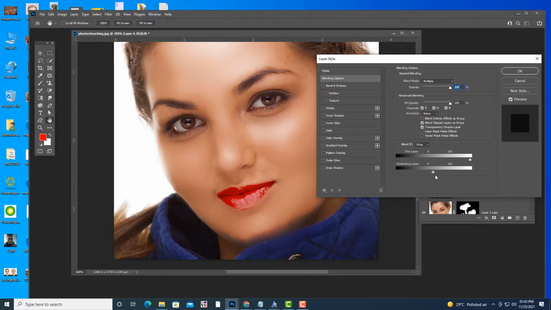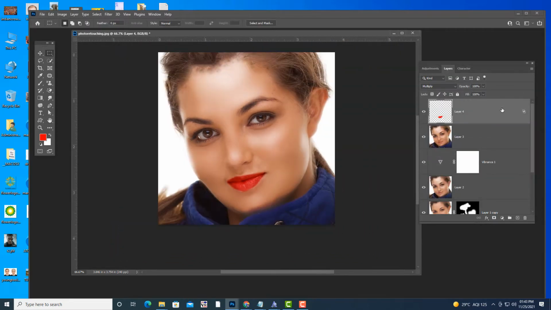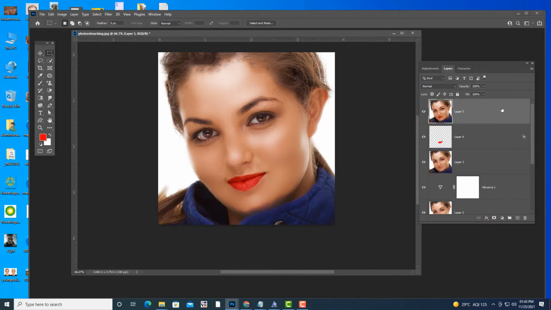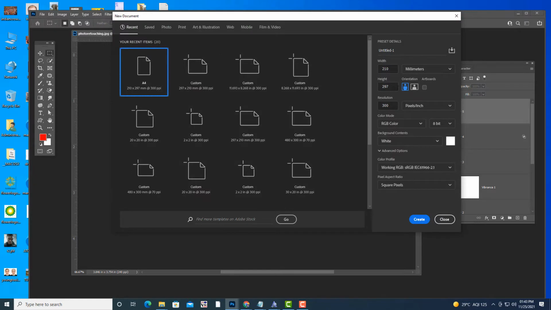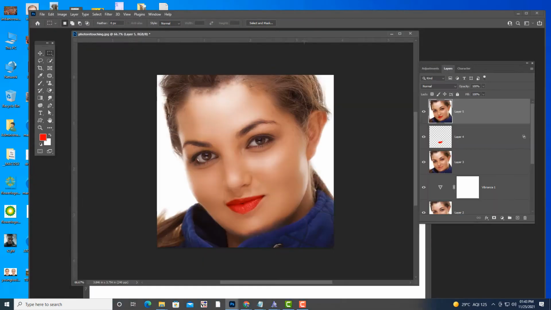But we don't want this much intensity, so we'll break this slider. How? Alt and drag. Something like that. So finally we'll just use Control Alt Shift and E. See, now we have added a lot of makeup. Now I'm going to take one final document, and we'll do some comparison.